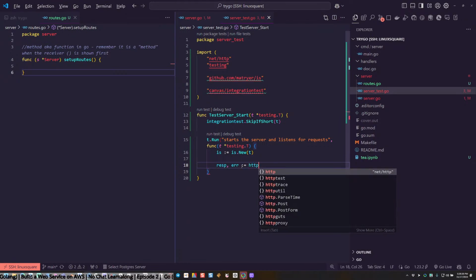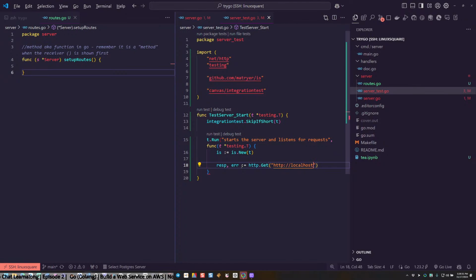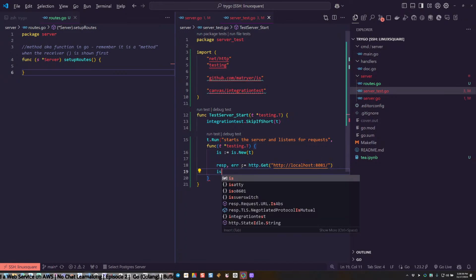Response, error is equal to http.Get. Finally something I know. http localhost 8081. My favorite port. Is no error.